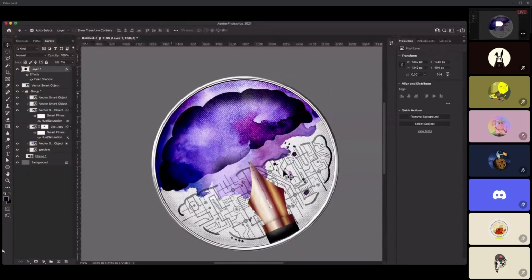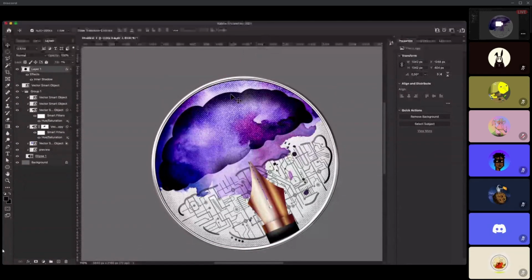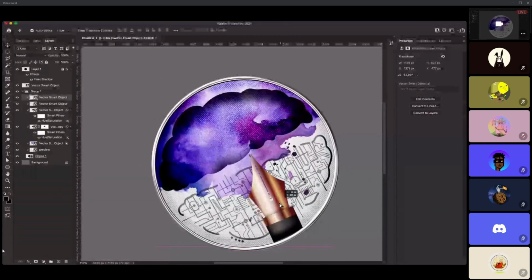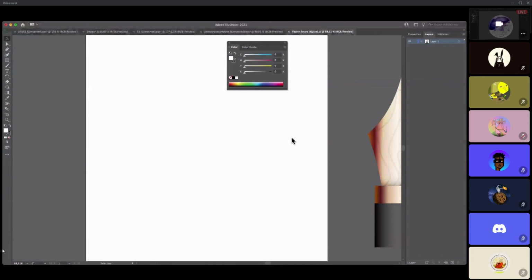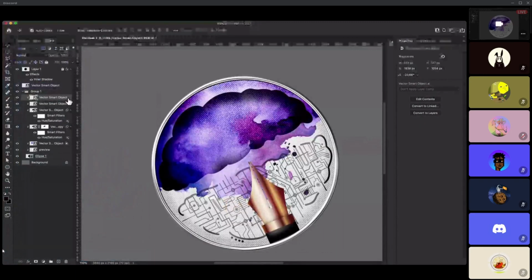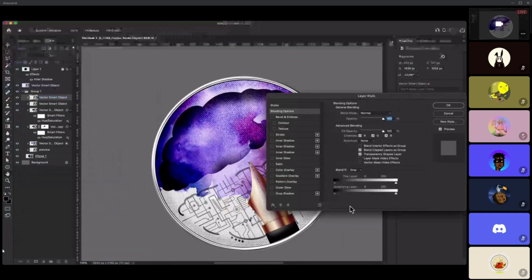Now sometimes you create layers and they start giving issues because you cannot select anything under them. In that case you can simply lock the layer, and now you can interact with the layers under it. For example, now I want this to have strong shadows, so I double click on the layer to reach the effects.